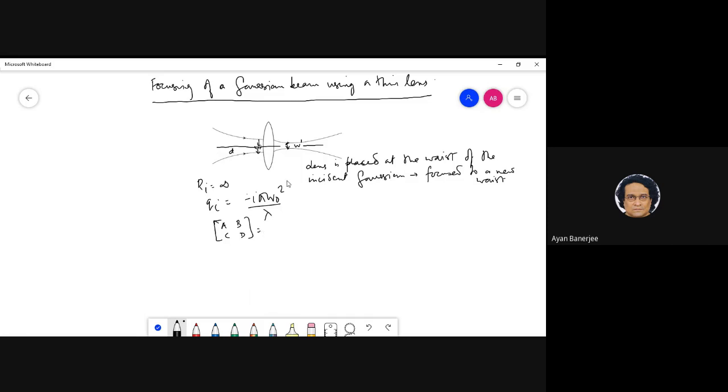Actually, that is not correct. This is not correct. D is not that. Sorry about that. So what is wrong? Can you tell me what did I write wrong here? Sir, the beam has a waist at the lens, right? Yes, correct. So after it focuses, then it travels, right? So basically, we have to write these two things.